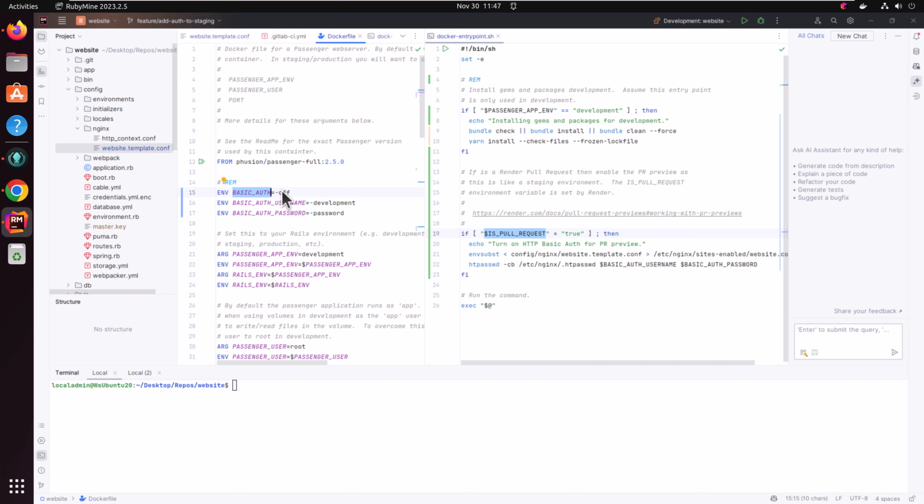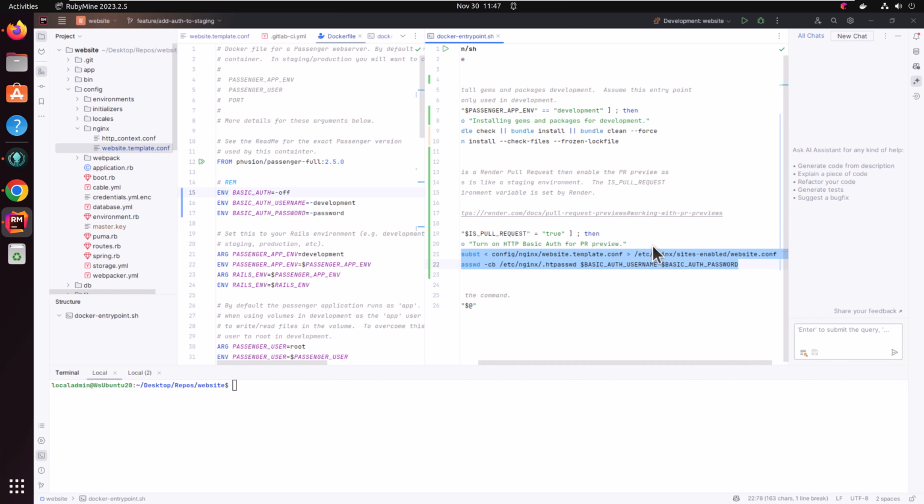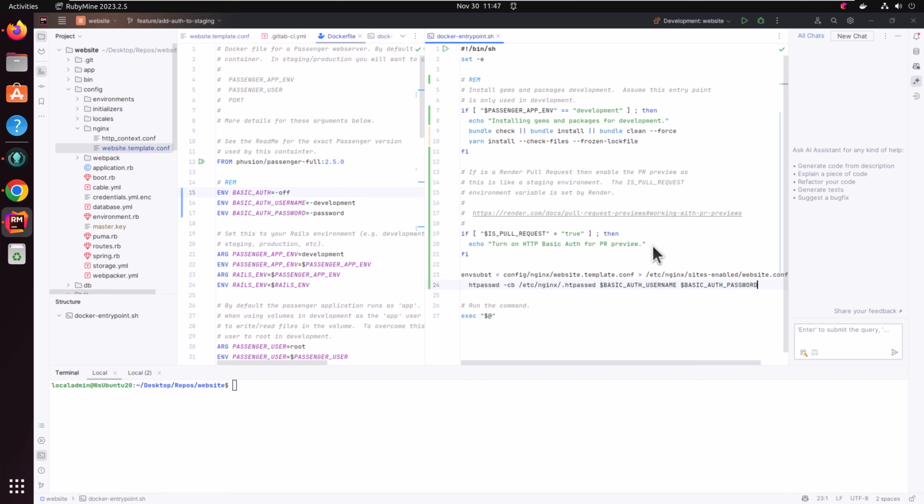And for the basic authentication, we have this set to off here. So these actually have to live outside of, and this part we want to export BASIC_AUTH equals